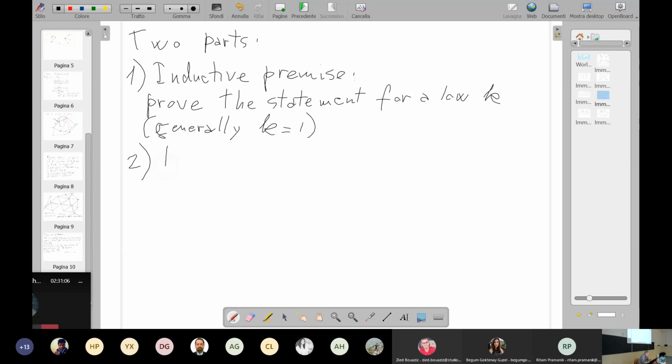Two, inductive step. Assume the inductive